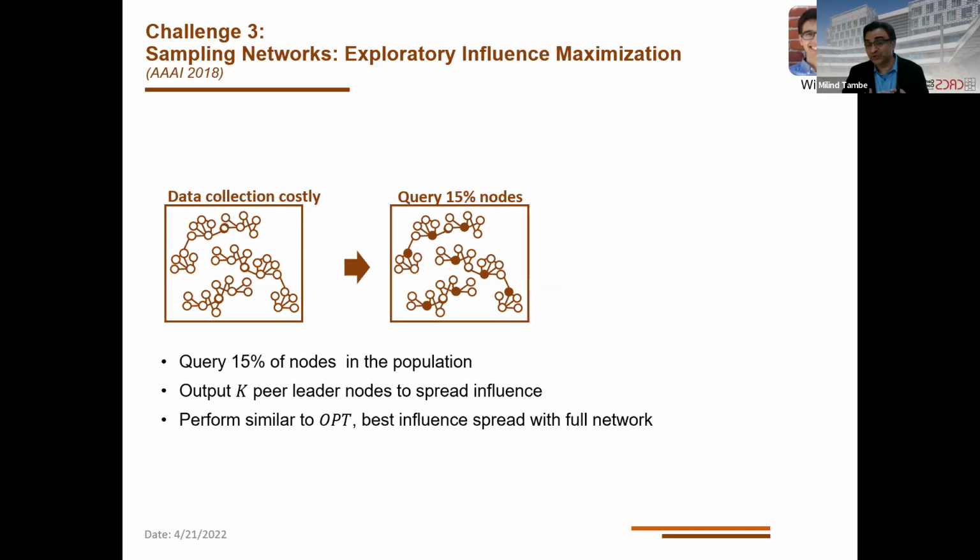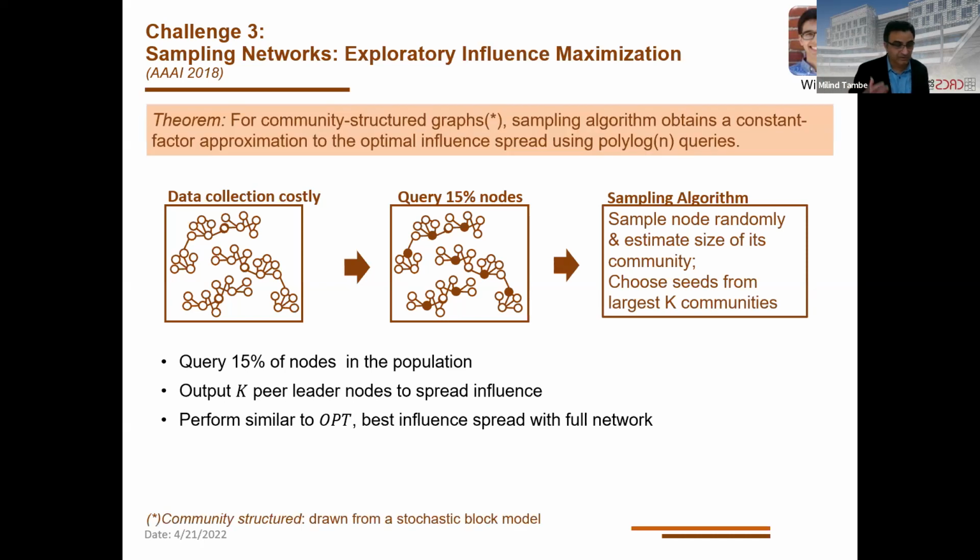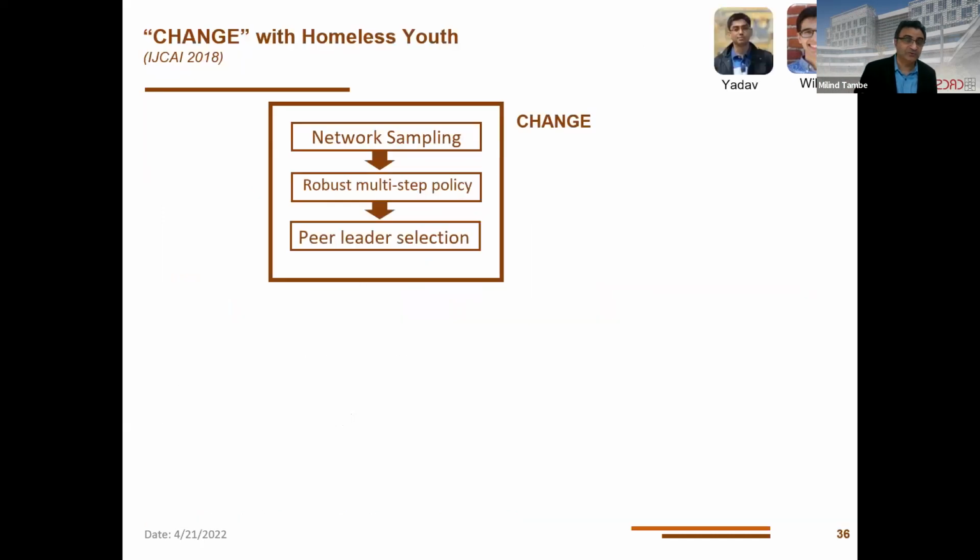And based on that, we choose K peer leader nodes to spread influence in such a way that the performance is similar to the optimal possible had we known the entire social network in advance. So the key here is how do you sample these 15% youth? And so we've come up with this sampling algorithm. In a sense, it's sampling nodes randomly, but it's estimating the sizes of the communities that the nodes belong to, and then chooses seeds from the largest K communities. We can provide some performance guarantees for this algorithm, but let me jump now to the experiment that